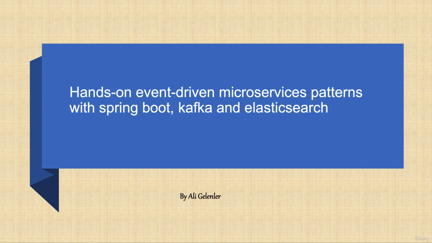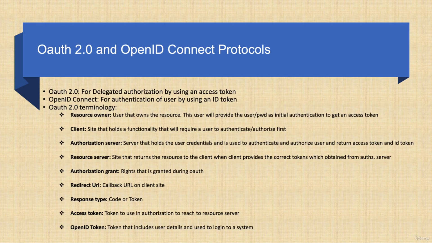Hi everyone, in this section we will make an introduction to OAuth and OpenID Connect protocols. In OAuth 2 protocol we have to use access token for authorization purposes, as it is designed for that by using roles, scopes and permissions. On the other hand, for authentication purposes we should use OpenID Connect and ID token. We will see the difference of OAuth 2 and OpenID Connect in the next slides, but let's first look a